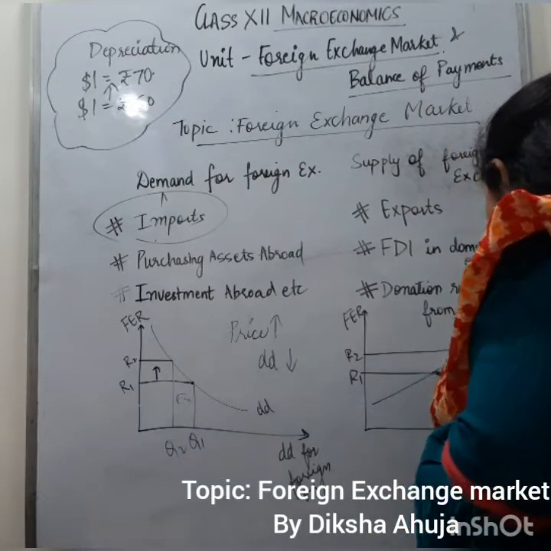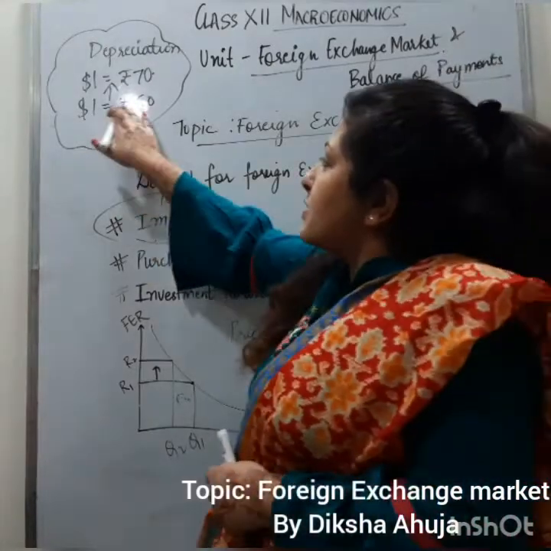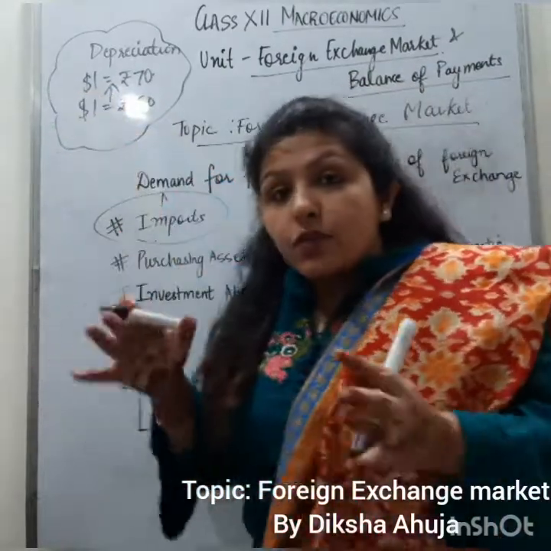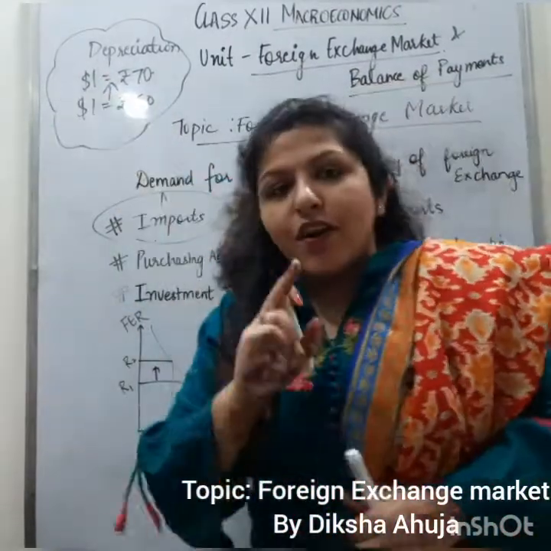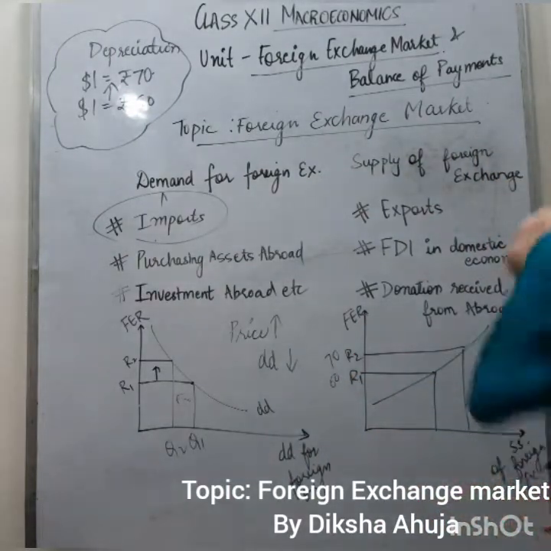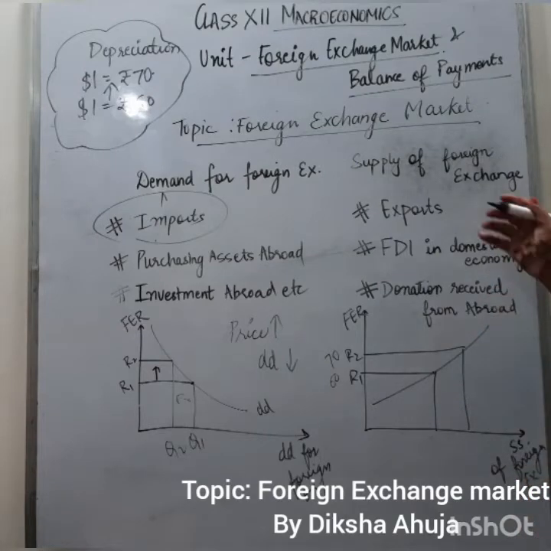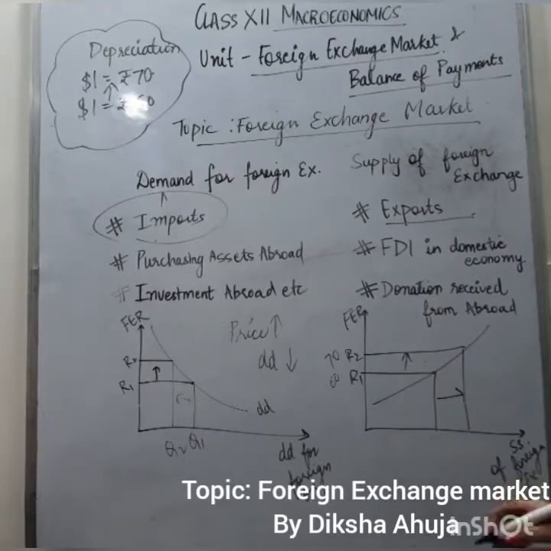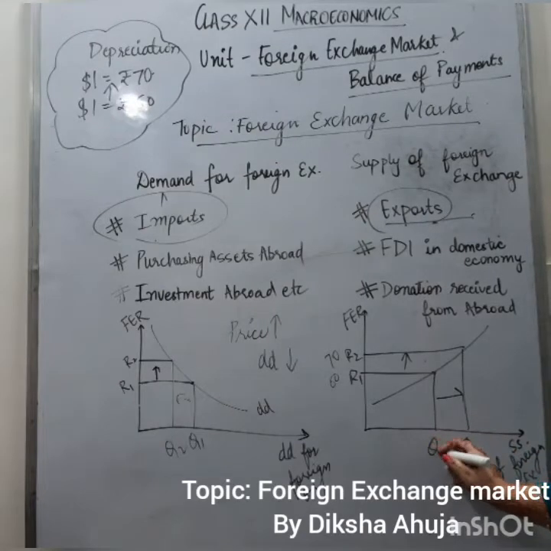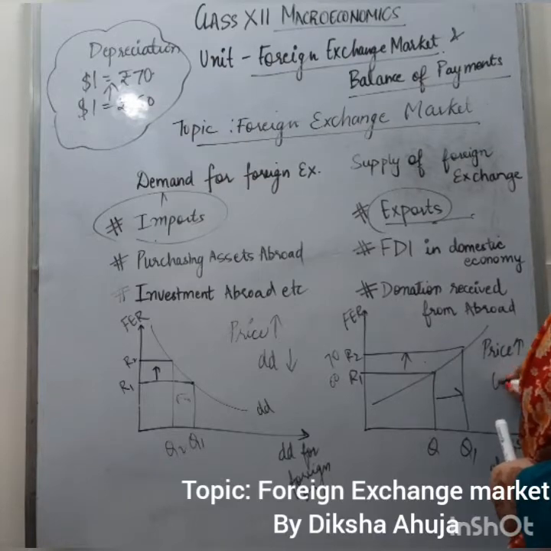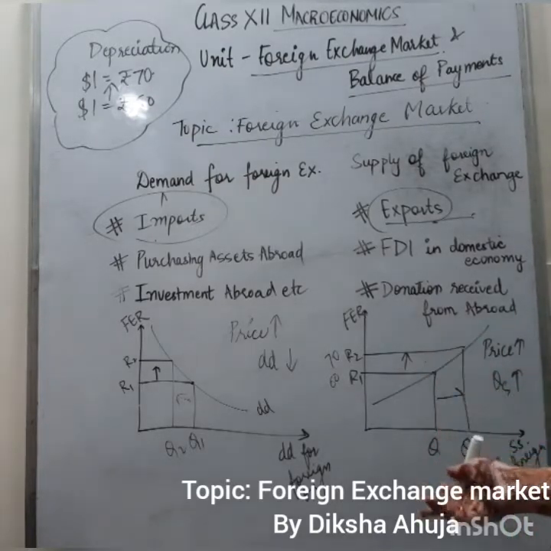So what will happen to exports? Think as a US consumer: by paying $1, they were getting goods worth rupees 60. Now they are getting goods worth rupees 70 by paying that $1. अब $1 पे करने के बाद 60 के बदले 70 का सामान मिल रहा है. That's why they will demand more goods. हमारे exports अब बढ़ जाएंगे. So depreciation will increase the exports. Exports will rise from Q to Q1. So that's why we are saying when price will rise, the quantity supplied will also rise. So there is a direct relationship between these two.